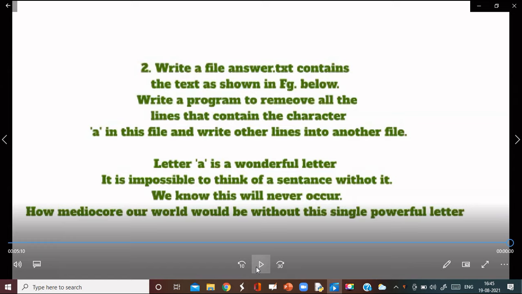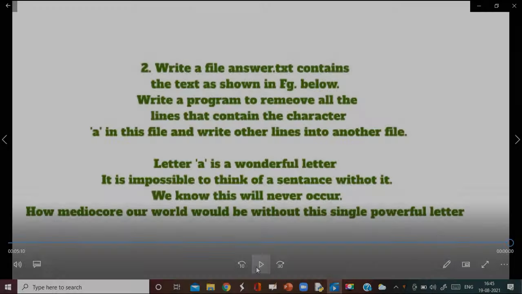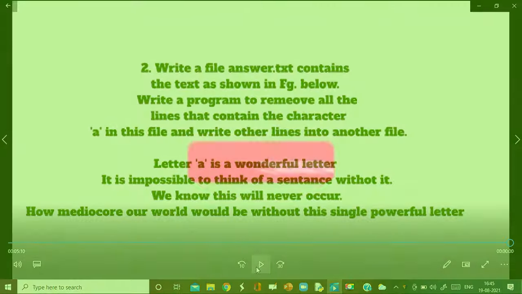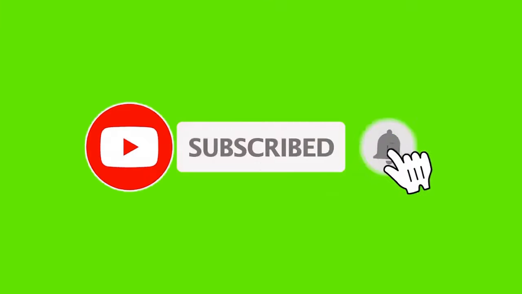We know that this will never occur. How mediocre our world would be without this single powerful word." Then it will remove all the lines that contain the character e, so the first line remains.